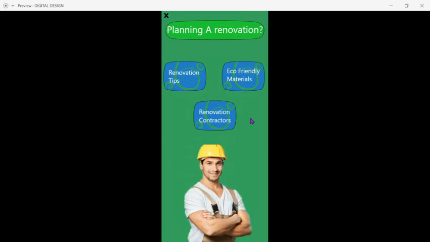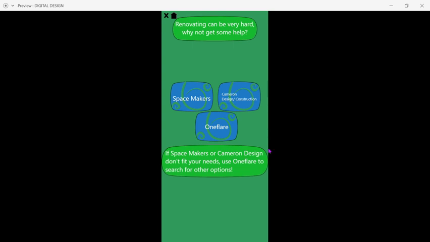If we come back here, we've got renovation contractors. Here we've got some contractors. Space Makers and Cameron Design and Construction are both contractors that you can hire to help with your renovation or building your home. And here with One Flare is basically a search engine for